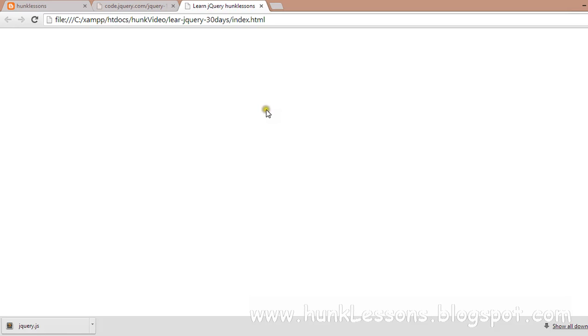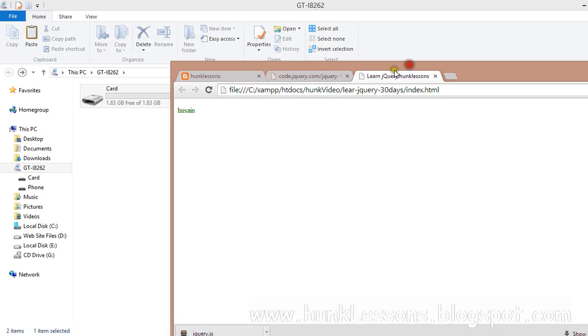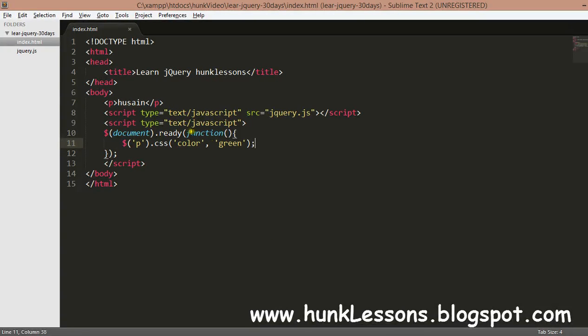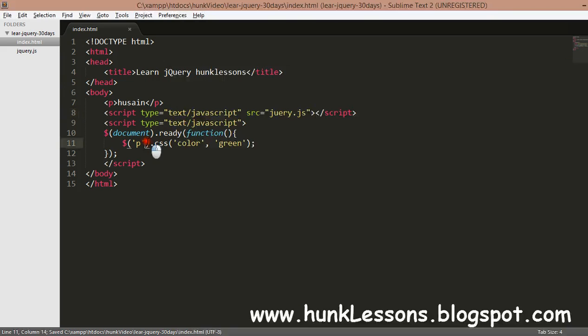Now we will run that in our web page, and if the color of our p tag is changed, we can see that jQuery has been loaded. Okay, you can see. And if I change that from jQuery to j, it will not work, because jQuery hasn't been loaded.